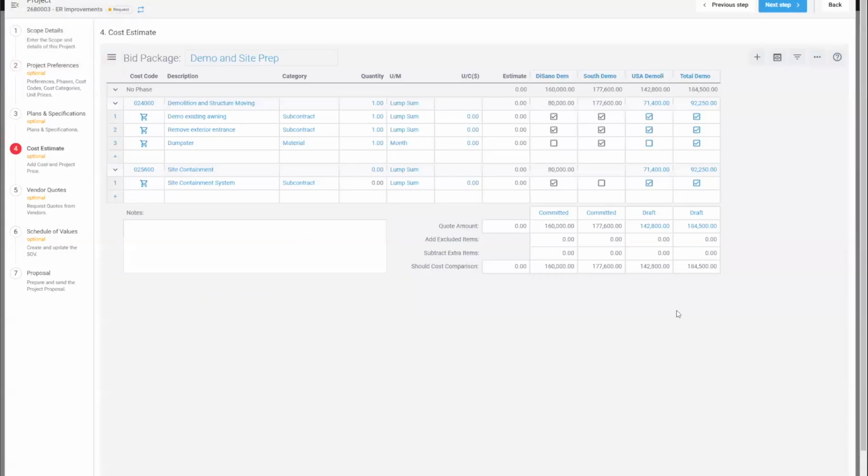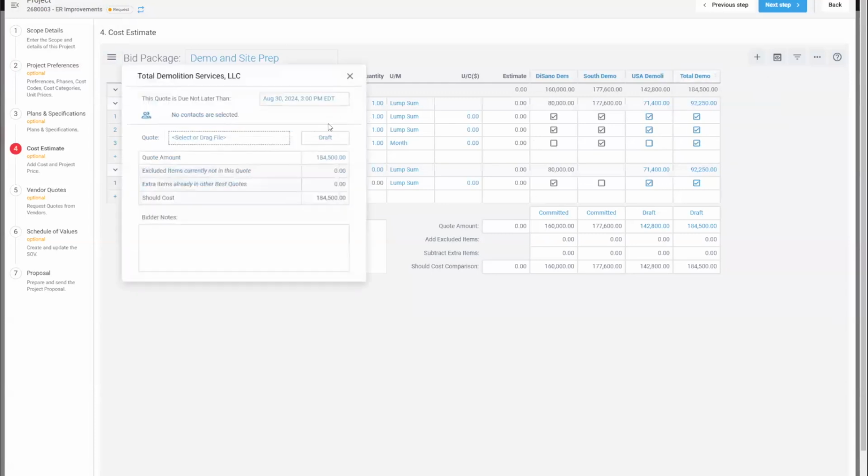So jumping back over to bid packages, in here, to be able to see additional information, we have quote cards. By clicking in the top and going to open quote card, in here we'll actually see if they had any attachments. It'll also show the bid and the status of the bid. So also this would be if they said won't bid, may bid, will bid, that'll also show up in here as well.